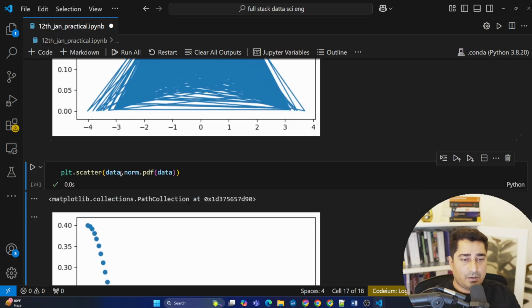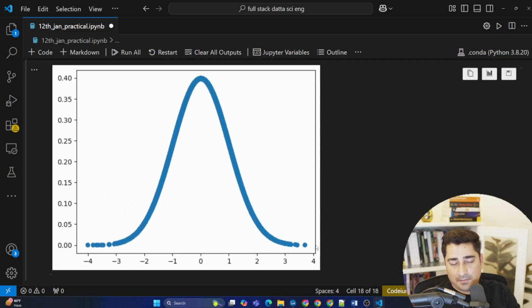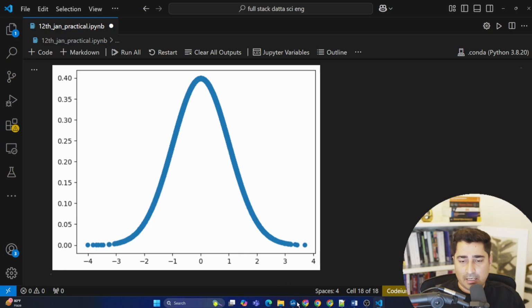Now, if I have to show you a scatter plot, meaning a dotted plot, even over there you will be able to see that this is forming. It's very dense, right? And these dots are forming a standard normal distribution. For every dot, there was an X and then Y is produced with the help of the PDF function. And there are very few dots out of this 10,000 data that behave like an outlier, but not much. Not much of the data is behaving like an outlier out of this entire data set. So yes, we are able to prove our theory.